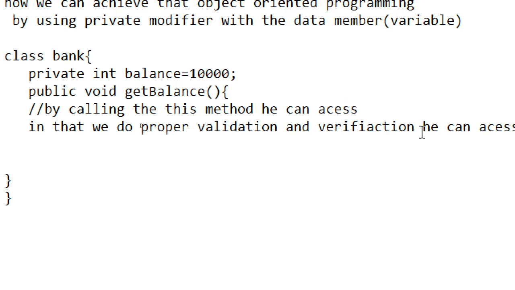By calling this method he can access, not directly.